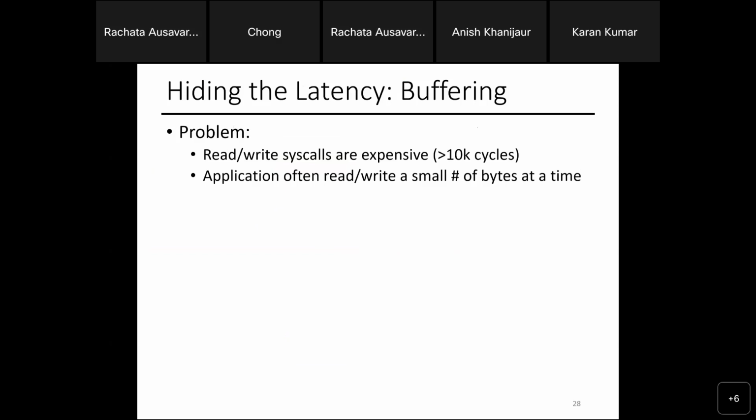When you use a file, let's say you do fscanf, how many letters are you reading? Maybe less than 80 letters, that's 80 bytes. But your IO is operating on a much bigger block, like a 16 kilobyte block.